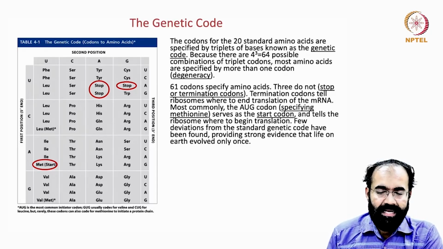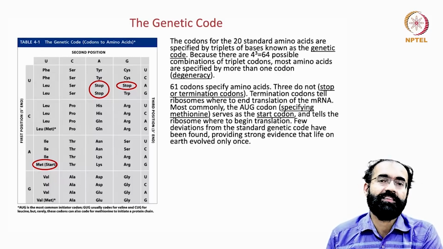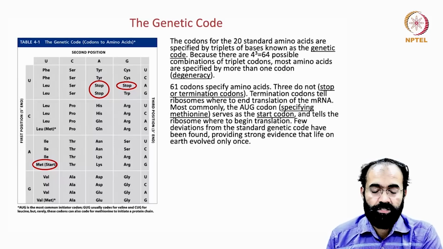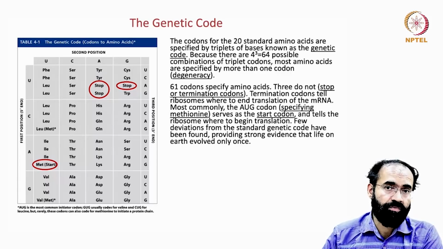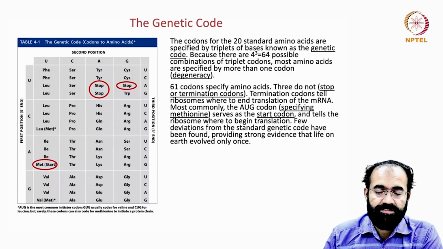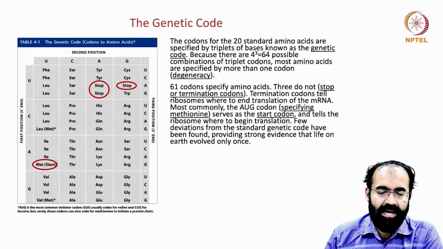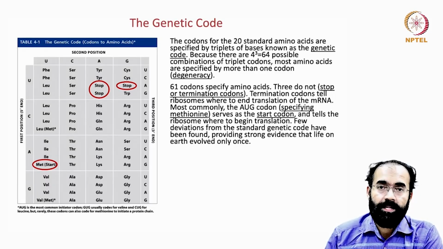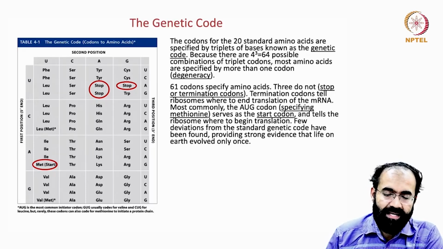Most commonly, AUG codon is the starting codon, and it specifies methionine, and there is no second codon available for methionine. So methionine has got only 1 codon, and that is AUG, and that is the start codon for every protein. AUG serves as the start codon and tells the ribosome where to begin the translation process. Few deviations from the standard genetic code have been found, providing strong evidence that life on Earth